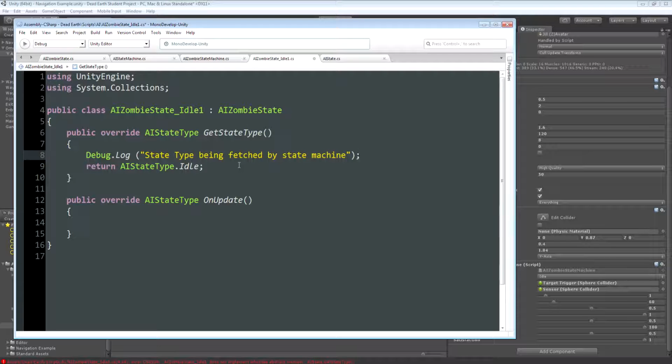Now, the other function that we have to implement, where most of the cool stuff is going to happen in our other states, is the on update function. This is called by the state machine with each update so that the current state has a chance to do what it wants to do. Now, the reason it returns an AI state type is you are reminded that when any state wants to transition into another state, it simply returns a state type from its update function that is not its own state type. And if it wants to stay as the state with focus, then it just returns the state type that matches